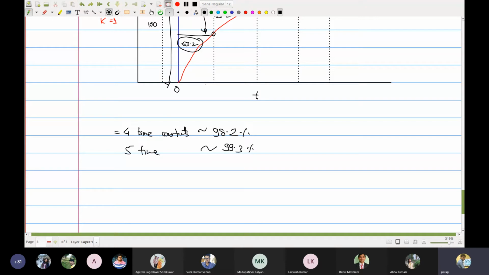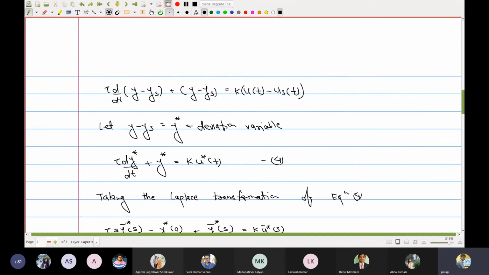Fine. So now the question is, you would be asked this question: how do you define a time constant? The general notion which comes to mind is that it is the time required to cover 63.2% of the forced input function, right? This is the general answer that you would give. Now, does this mean that the concept of time constant is specific only to the ideal step function? Okay, you see what is the problem here? What is the conceptual problem?